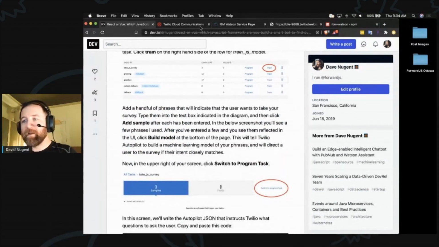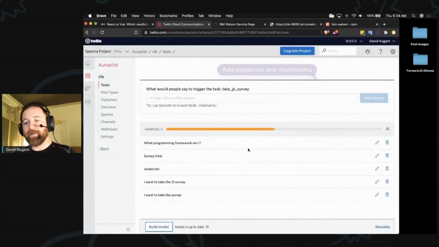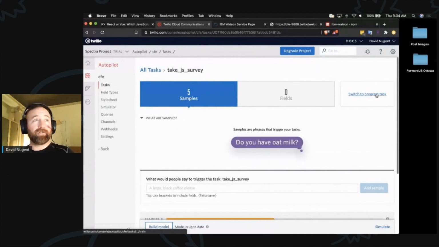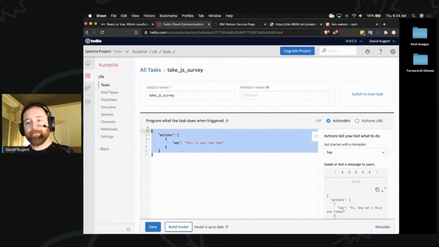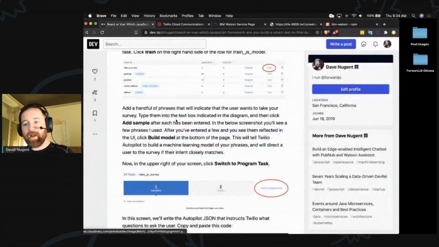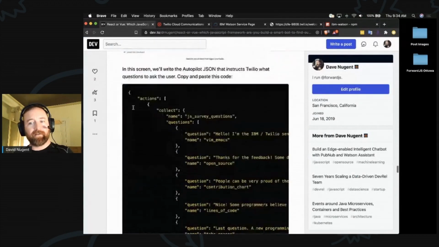And so what we can actually do while the model's training is we can switch to programming the task. So this is all the code that we're going to actually execute with regard to this task once it's invoked. And you can see that this is actually not like a standard JSON thing. It's more of like a Twilio specific JSON thing. And so I have some code that you can steal, some more code that you could steal